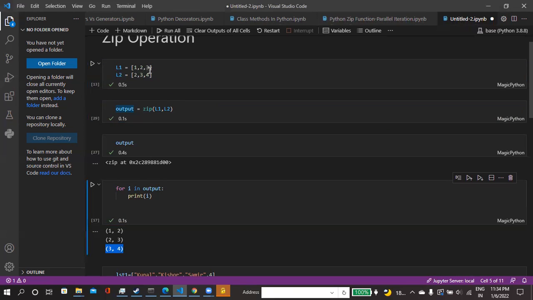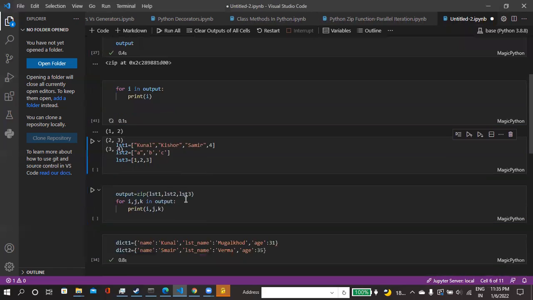If the length of L1 is different from the length of L2, then how does this zip operation work? Here I have just increased the length of L1 to 5 and then tried to apply the zip operation. Will it give an error?